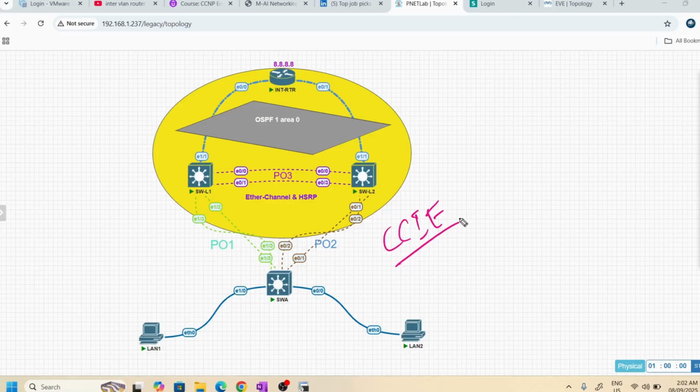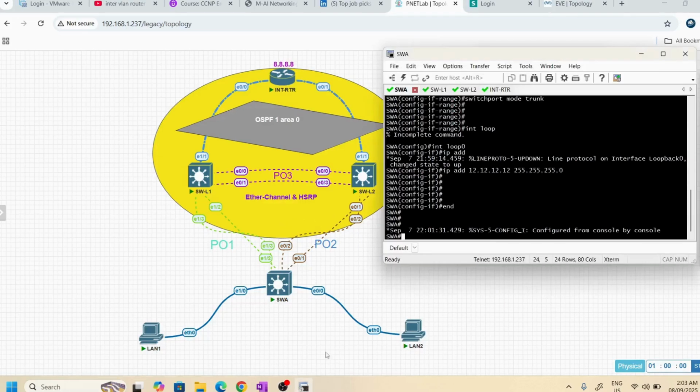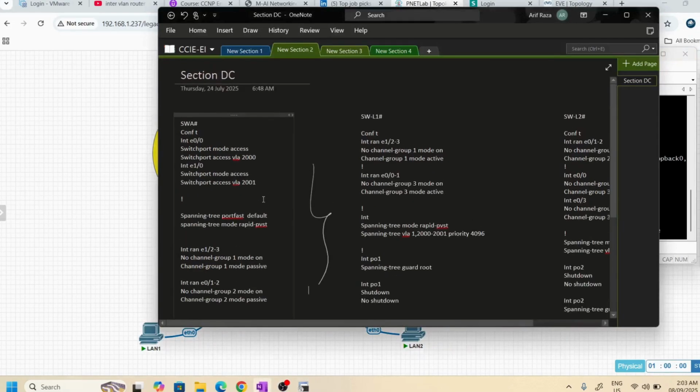If you use a script, or when you're using Notepad, it will save your time. If you're attending any CCIE lab exam, it's better practice to use Notepad. I'm not going to put in the commands line by line, because it consumes time. That's why I prepared all the configuration here in OneNote, and I will just copy and paste the configuration. So here the configuration is here.